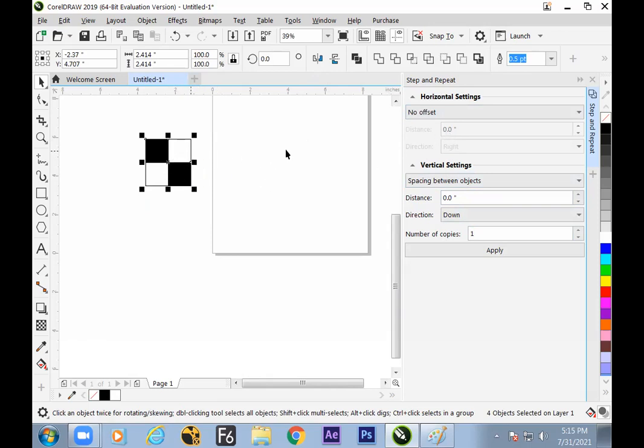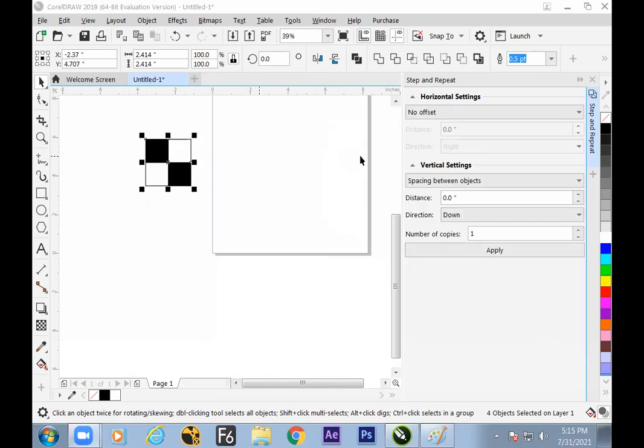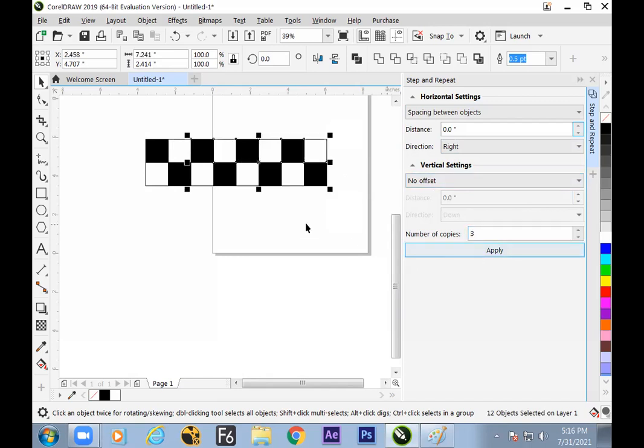Now, how many more patterns are required to make a chessboard? One pattern is done. How many more are required? To make a chessboard, we need 8 boxes, right? So 2 boxes are done, then 4 more boxes required. One set is done, 3 more sets are required. So let us go to the right side, 0 distance, 1 pattern is done, 3 more patterns required. 1, 2, 3. Hope it is clear.